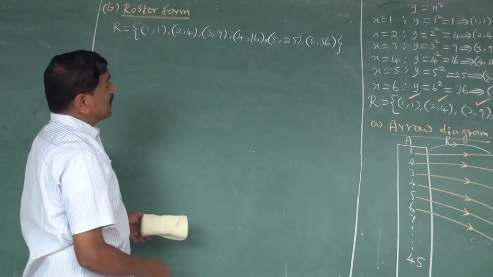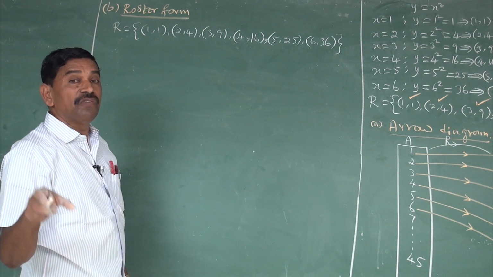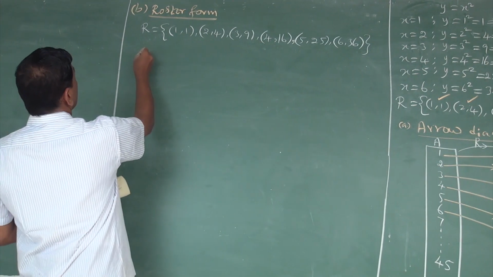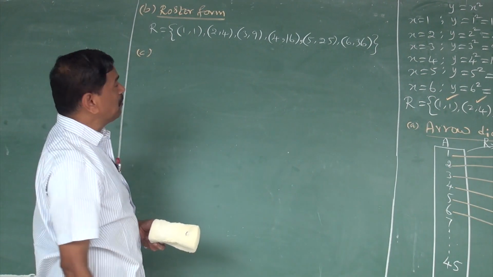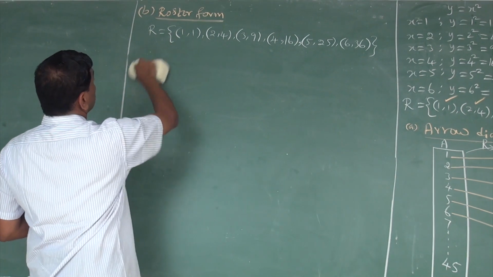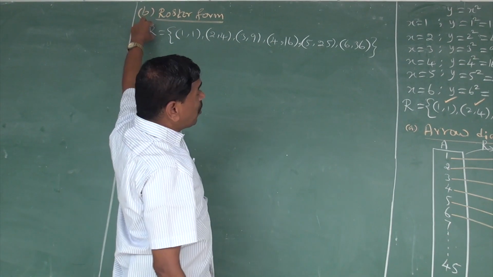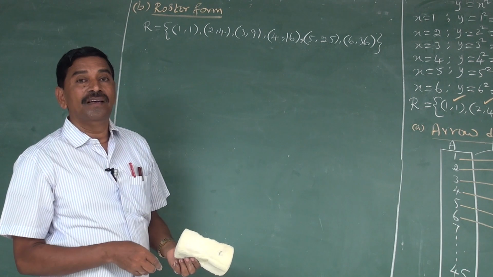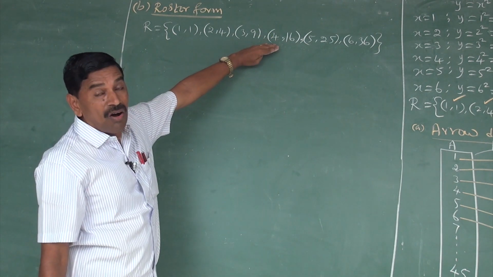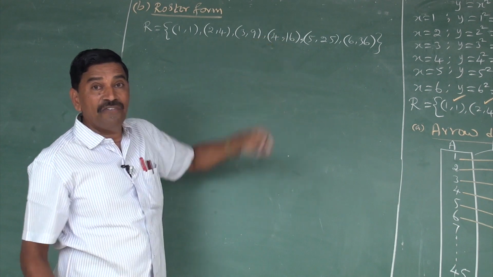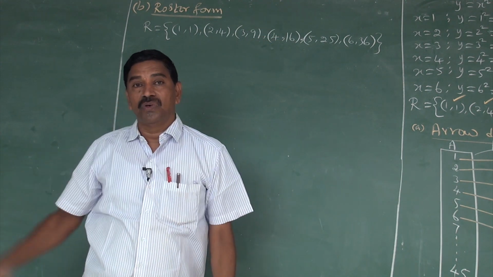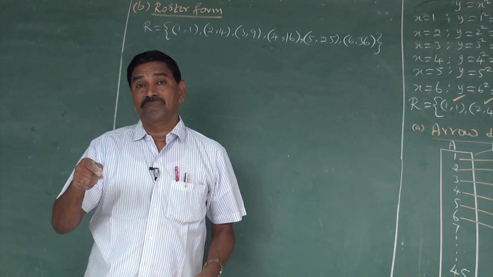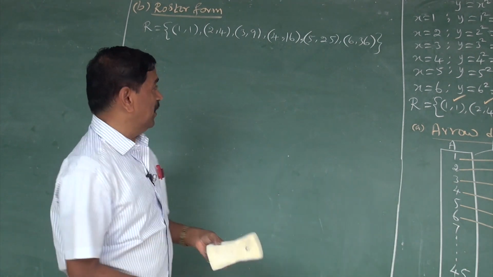Now I want to answer the domain and range of the relation R. Now listen, that is subdivision C, and also we forgot one more thing. First we want to prove the relation R is a subset of A cross A. So that is important. Theory portion: all the elements in R are the elements of A cross A. Therefore, R is a subset of A cross A. In notation form, R is a subset or equal to A cross A.